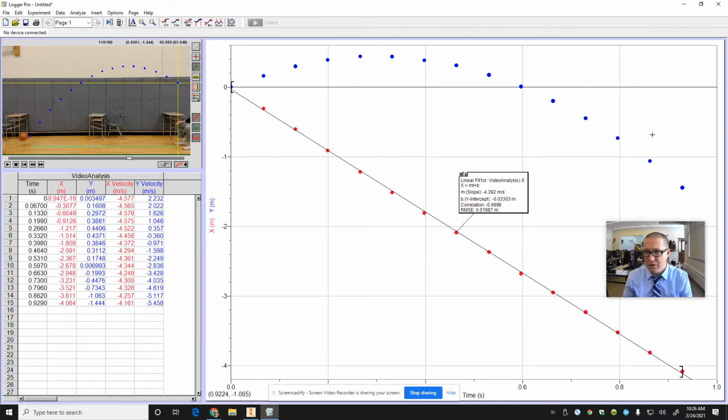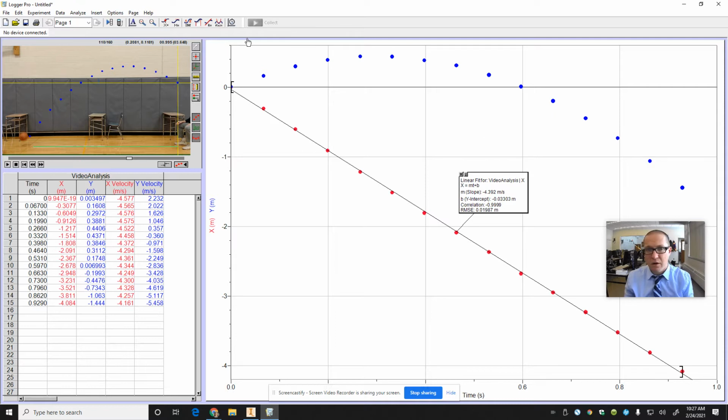The Y direction, this is curved. So remember, a curved position versus time graph means there's acceleration involved here. So this is really interesting, right? In the X direction, there's no acceleration. In the Y direction, we do have acceleration. That agrees with what we said. Now, if you remember what that acceleration should be, the acceleration should be negative 9.8 meters per second